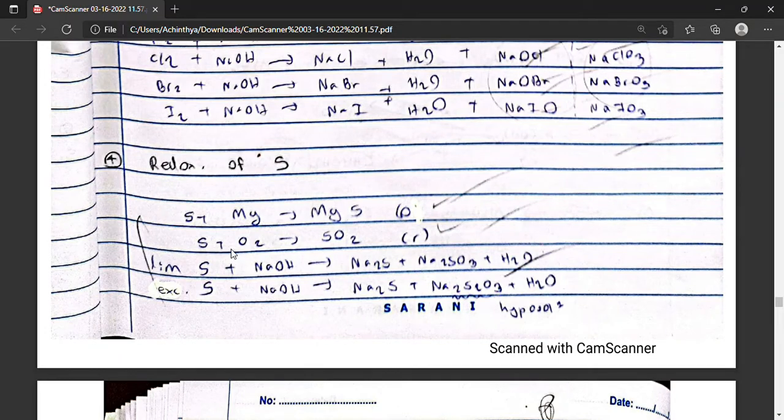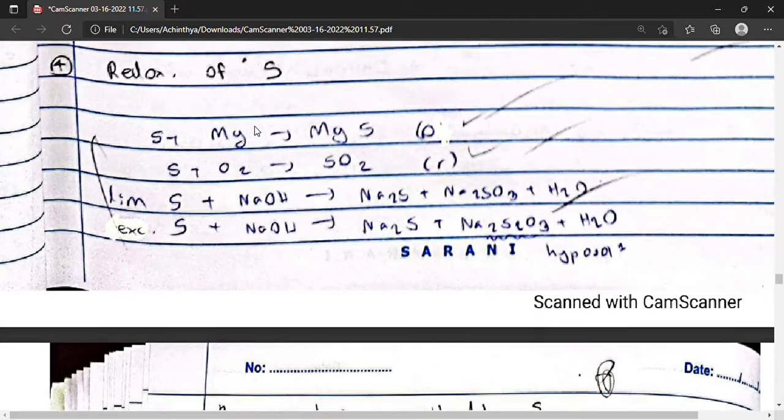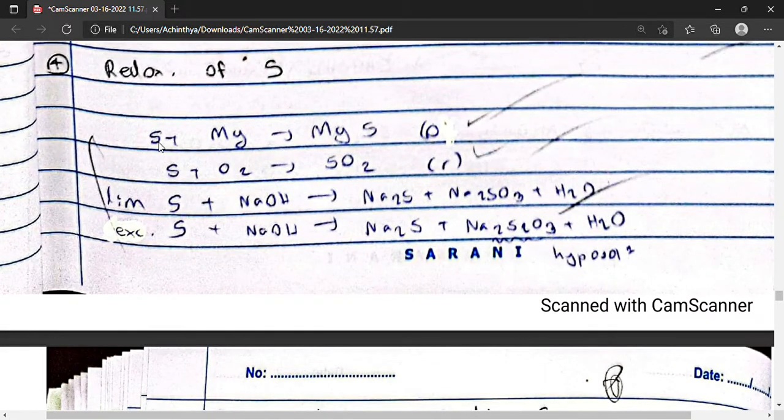Let's talk about the chemistry of sulfur and sulfur compounds. Sulfur can act as an oxidant and a reductant. Here is an example of sulfur acting as an oxidant. As we can see here, sulfur plus magnesium will become magnesium sulfide. The sulfur gets reduced to the sulfide ion, from 0 to -2, while the magnesium gets oxidized from 0 to +2